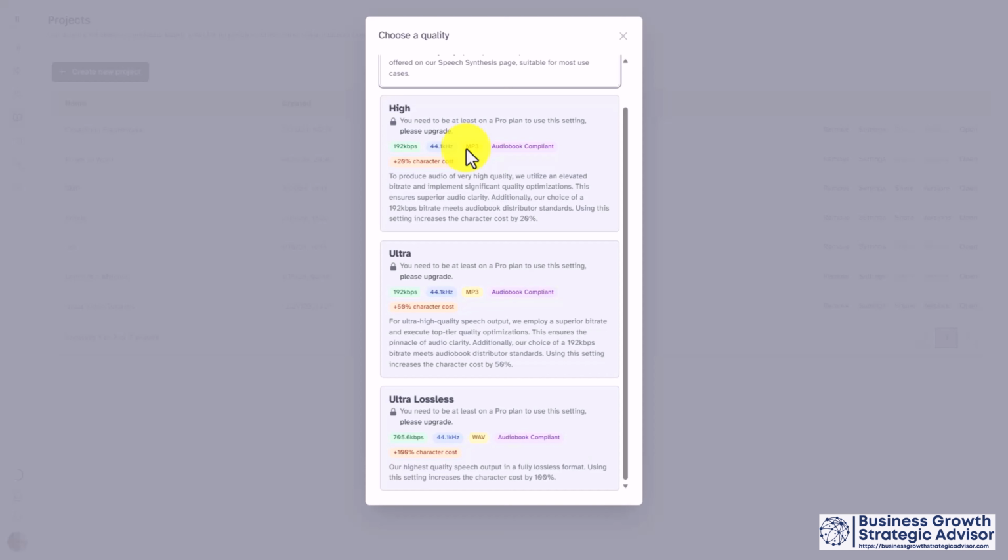If you want to increase that quality, you can. And you can do that by going to high quality or ultra high quality. And one of the things that you'll notice about using either one of those designations is that your character cost is going to be higher. So every time that you generate characters in either the high or ultra high plan, you're going to use more characters with each time that you generate audio. So this is an important point for you to know about the Projects tab